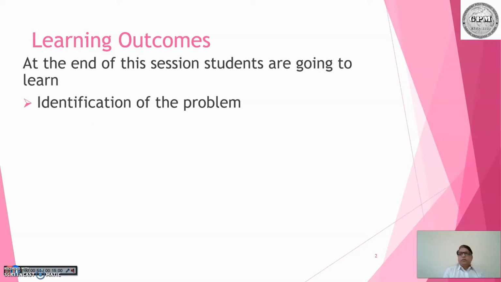So there are 2 types of problems by the way we can solve any design problem. The first one is we can solve it for the dimensions if you are knowing what is the strength of the material and the related data. And the second one is if you are knowing the dimension and the forces, the other related data. So in that case, we can find what are the induced stresses, or we can find even factor of safety for that. So this is the way to identify the problem.